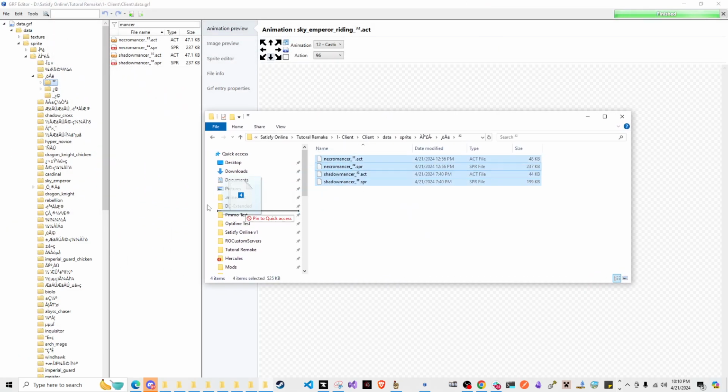And you just drag and drop. Okay. Just drag and drop it in there. Now, I'm gonna tell you another way that's gonna be a lot easier than using data.grf. I would only recommend using the data.grf, like using the GRF editor like this,